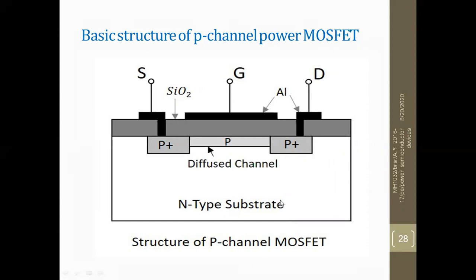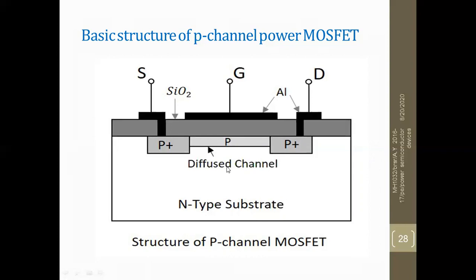That is, the VGS which we connected with the gate at a positive terminal voltage and the source at a negative terminal voltage is replaced in the opposite manner. Normally for N-channel we place a P-type silicon substrate, but in the basic structure of the P-channel power MOSFET, an N-type silicon substrate is considered and a P channel is placed here with heavily doped P plus, on the N-type silicon substrate.